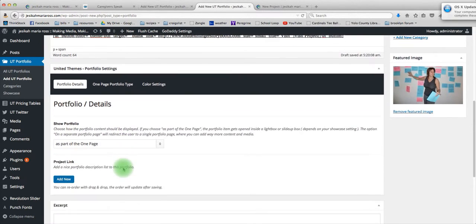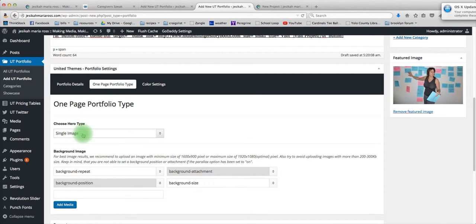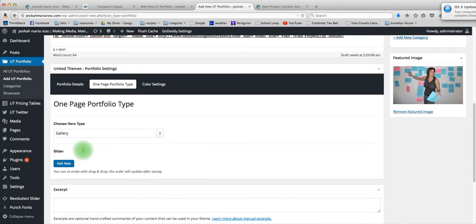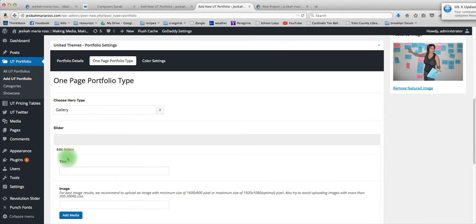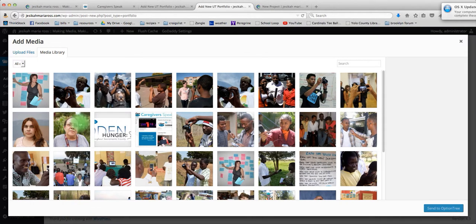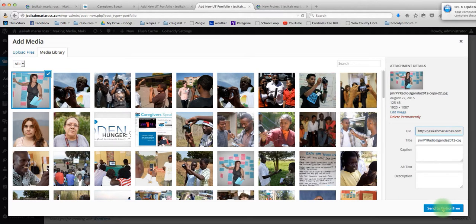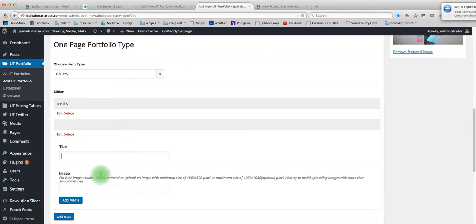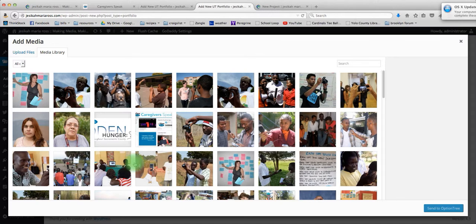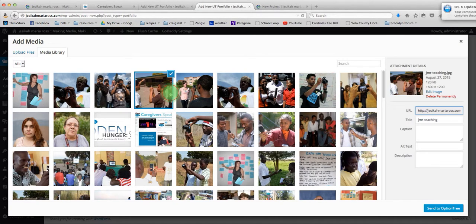If you want to do a gallery of images, you come over here to the one-page portfolio type, click that, and you change it from single image to gallery image. Now, this image over here of you with Post-its is not going to show up in your gallery, so you have to add it to your slider right here. So we're going to say Post-its, and we're going to add the image, send to option tree, and now we see it there. And we can add another one. We'll add another image here,